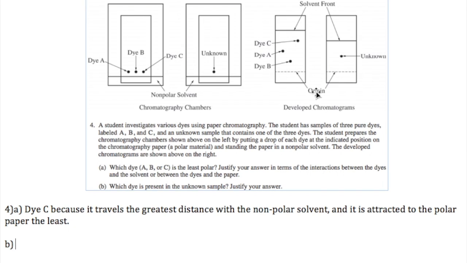value is defined as the distance moved by the solute in comparison to the distance moved by the solvent. So you can see that it's dye A, because the RF value for A in the known sample is the same as the RF value in the unknown sample, which is why that is our answer. So dye A, because the